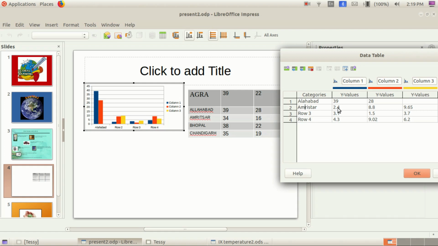Then 34 and 60. Okay. Next, which place, children? Bhopal. How much? 38, 22. We don't want this value, children. We don't need this also. Delete. Okay. The fourth row, Chandigarh.